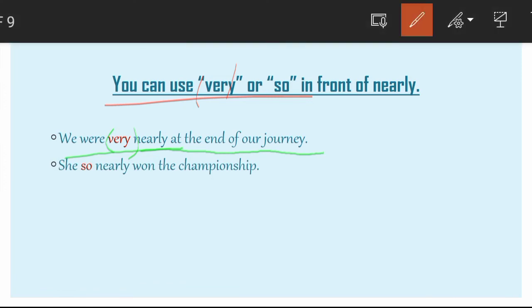So let's see another one. She so nearly won the championship means she was very near to winning her championship, but not completely, just very near. Okay,